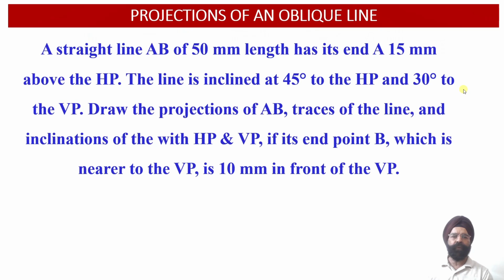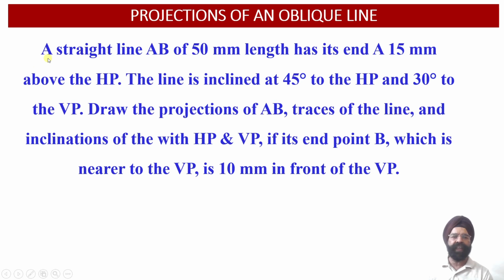Now here we have been provided with an oblique line which happens to be inclined with respect to the horizontal plane and the vertical plane. So we are not going to obtain the true length projections of this line in the front view or the top view orthographic projections over here. Let us now evaluate the projections of this oblique line.